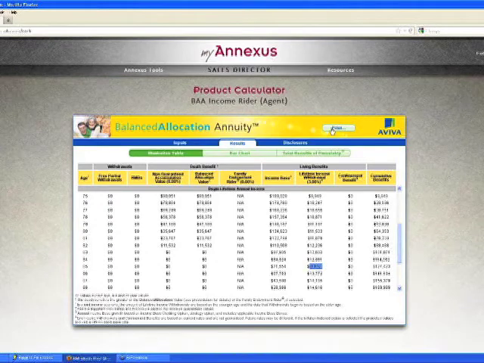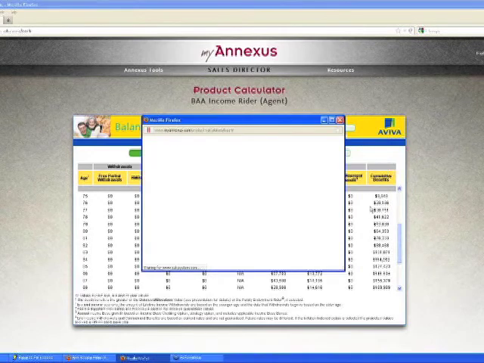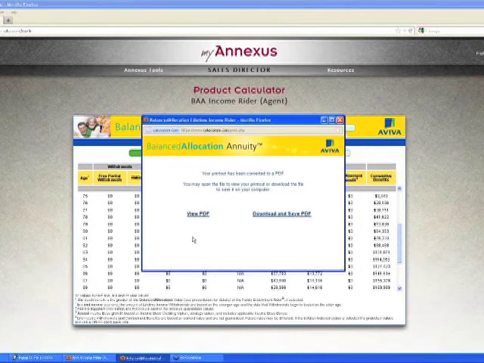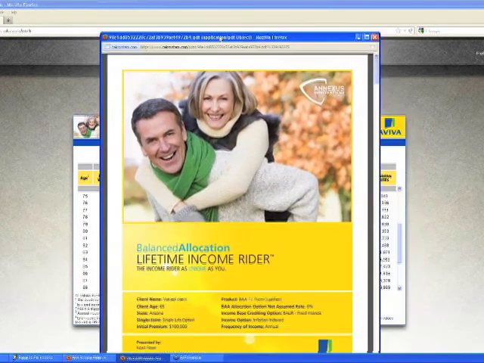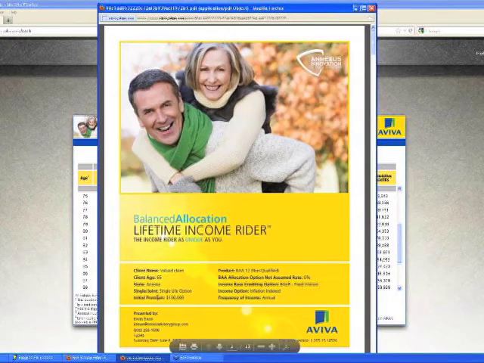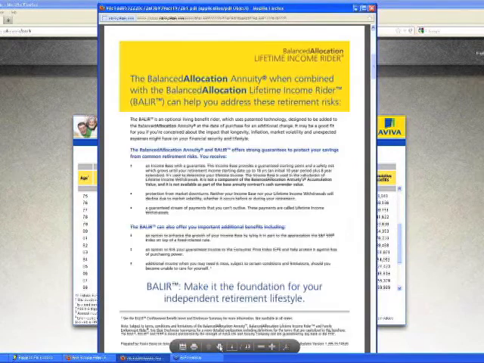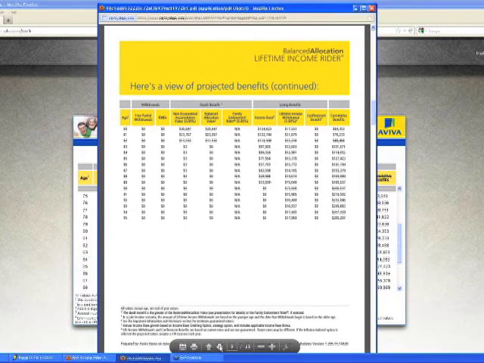Again, with this particular one, I would come over here to print. I have the same choices that I would have here. This time I'm going to click OK. I have two different choices, to download and save as PDF or to view as PDF. If I click to view PDF, you can see now this is the illustration that I would be able to present to my client. Here's all my input information, but now I can scroll down and see what it would be. Same thing, just as the numbers I was looking at before,